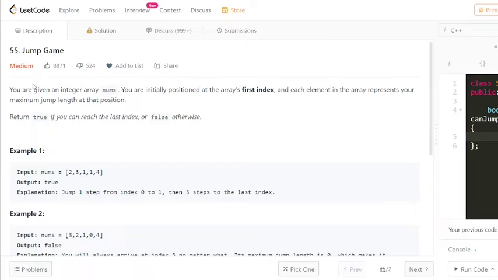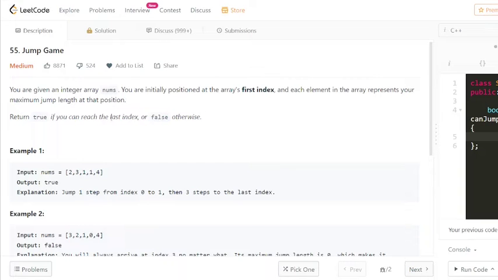So we are given an integer array, and the starting position for this array is the first index. Each element of this array represents the maximum jump length that you can take from that particular position, right? So we need to return true if you can reach the last index or false otherwise.